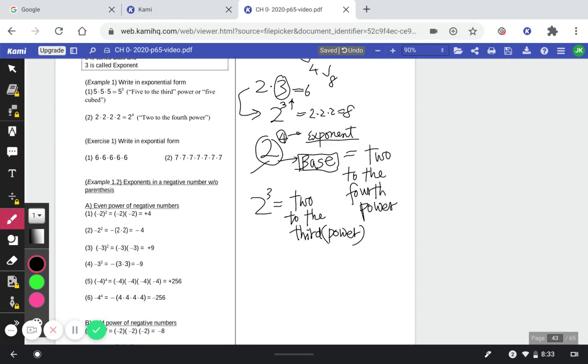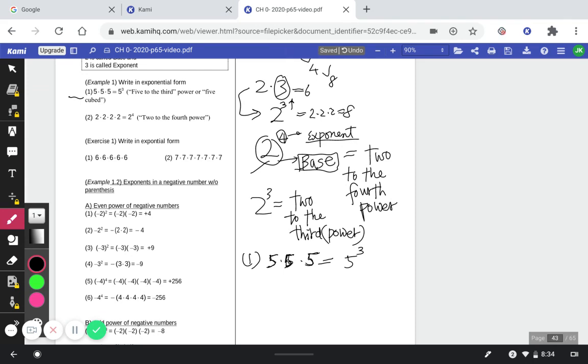Then why do we need this? We are learning exponents to express big numbers, especially when they multiply the same number over and over again. So now if you have, like, number 1, 5 times 5 times 5, and you want to express this using exponents, because you are multiplying 5 by itself many times,